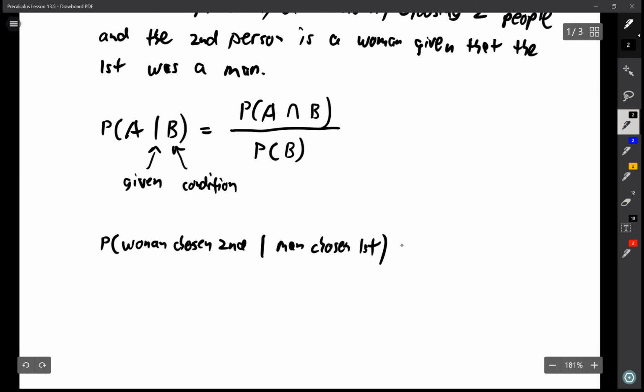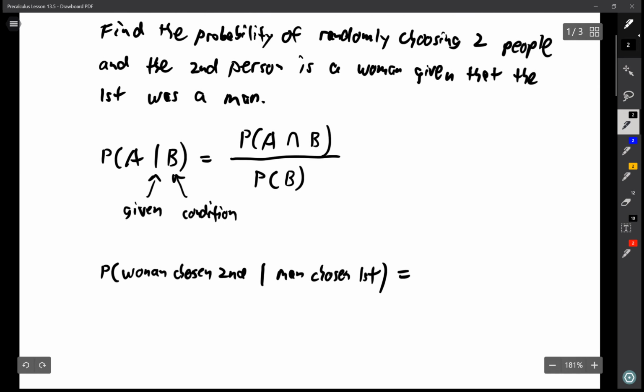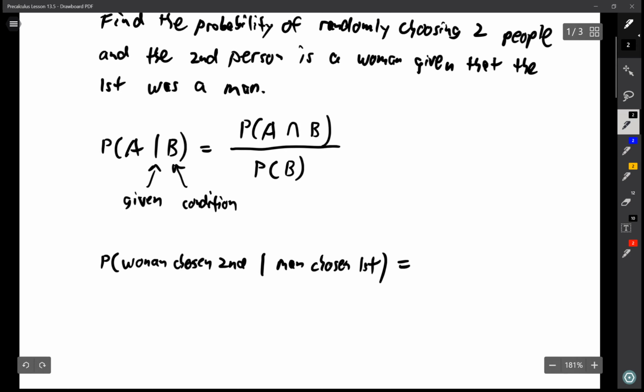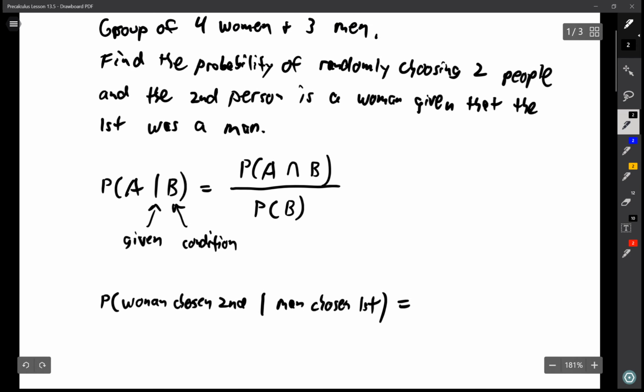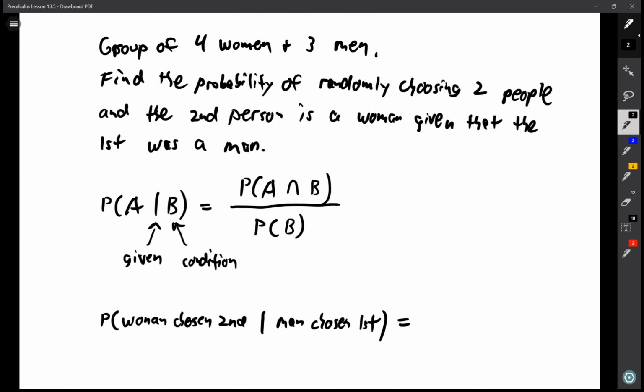Okay. Then how we would calculate that: the P of A intersection B is the probability that both of those things happened. So if we assume that a man was chosen first, what's the probability of that happening? Well, 3 out of the 7 people are men, so that would be 3/7